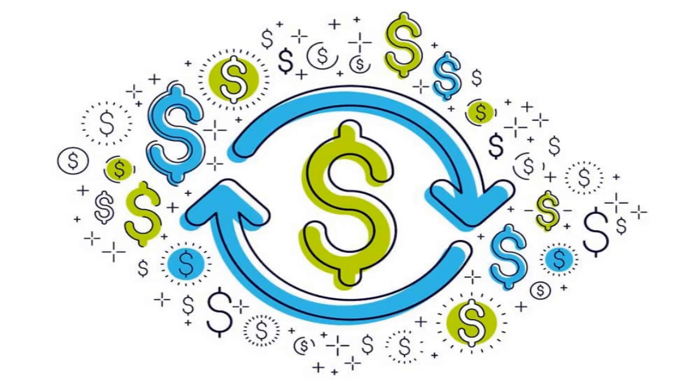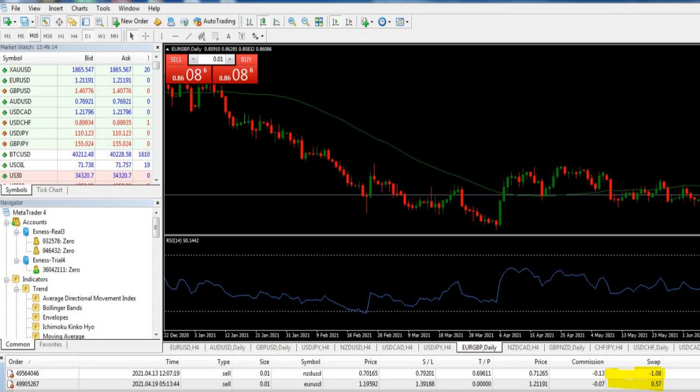This swap amount will generally be a small amount and tends to keep increasing based on the days we hold our trading position. Let me show my trading account with two long term trades, one with negative swap and another with positive swap. I had traded only one micro lot, so my swap amount in NZD/USD has increased up to $1 now.